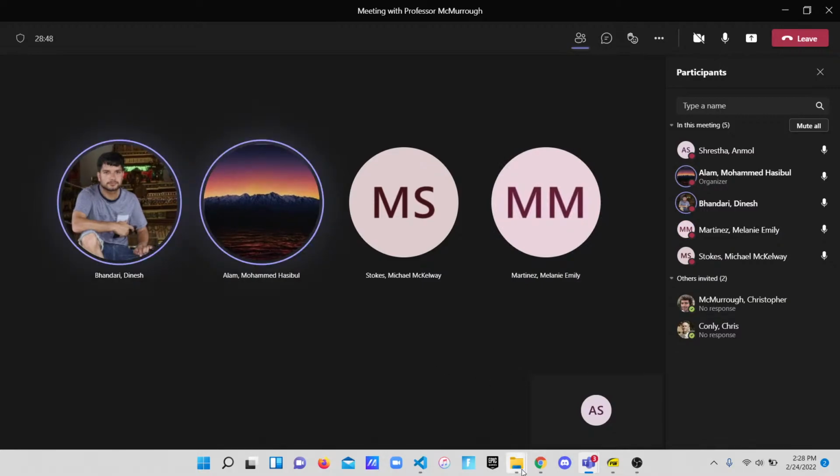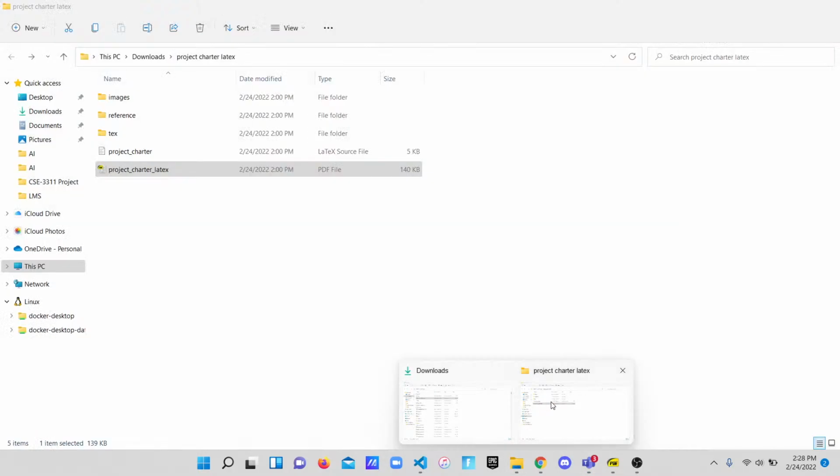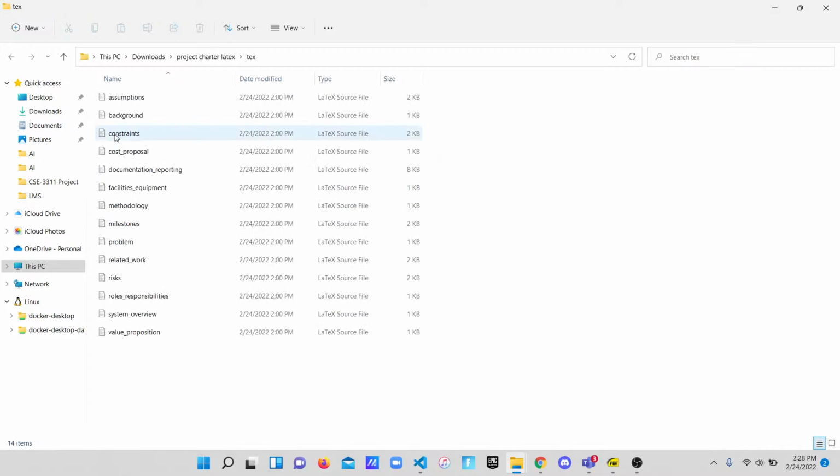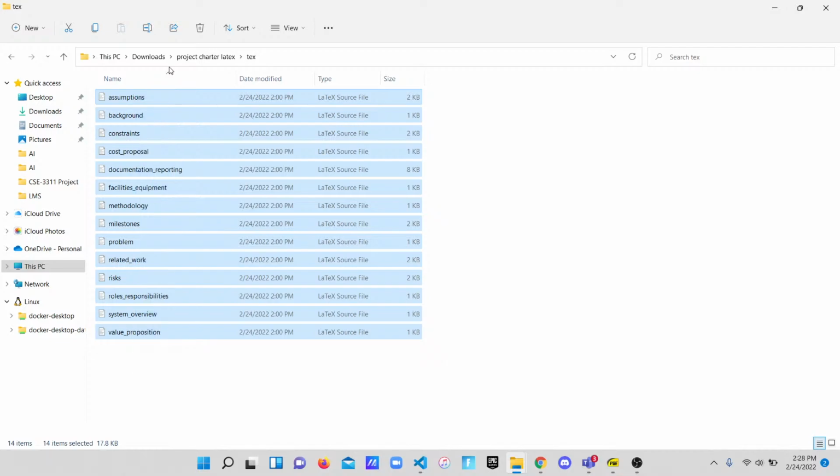And have you guys seen the project charter document that's due on the 4th? Are we supposed to do all of those in the text folder? There's assumptions, background, constraints, like a lot of things.